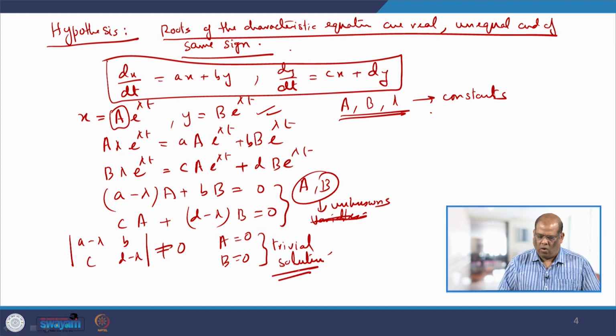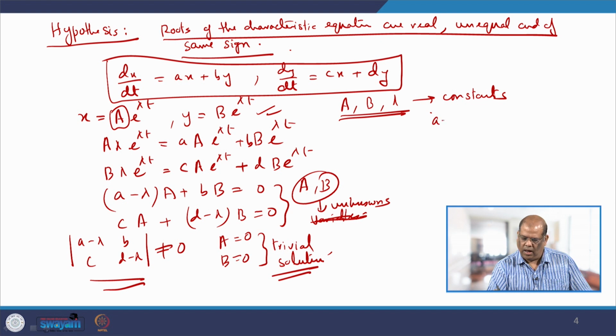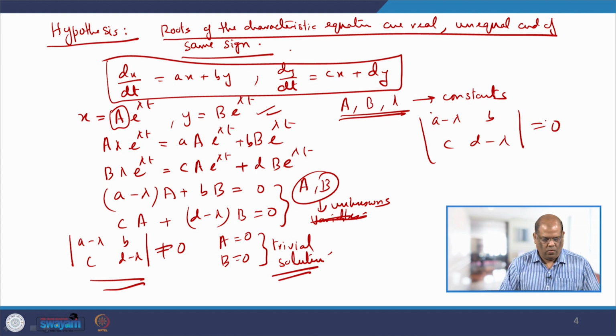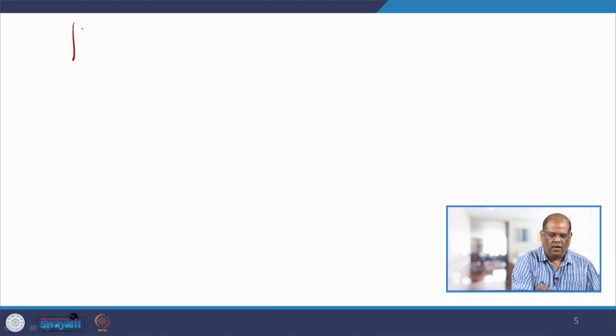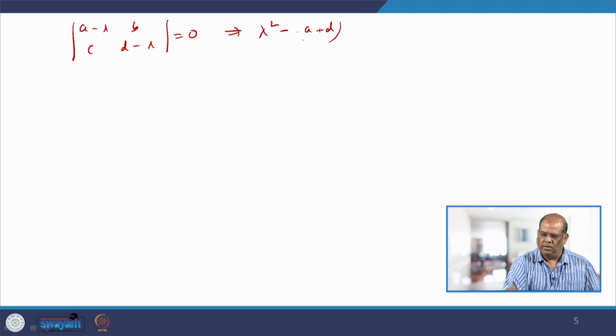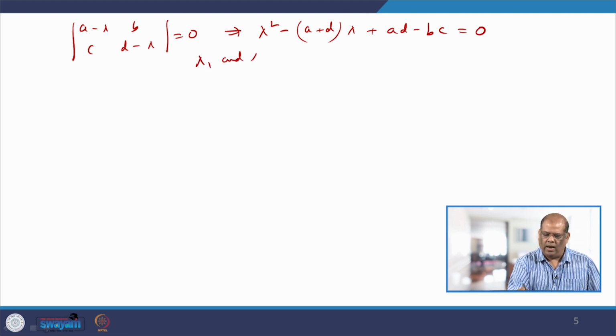But we are interested in the non-trivial solution, and for that this determinant must be equal to 0. So, you have |a minus lambda, b; c, d minus lambda| equal to 0 for the non-trivial solution. Now, if you expand the determinant, you get the characteristic equation, which is lambda square minus (a plus d) into lambda plus ad minus bc equal to 0. And you say let lambda 1 and lambda 2 be the roots of this